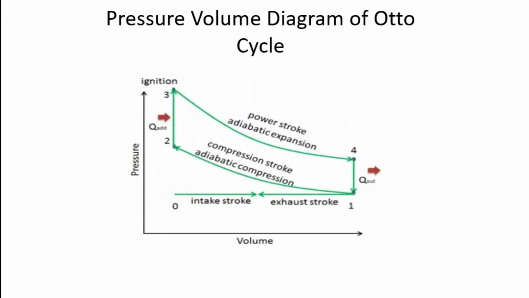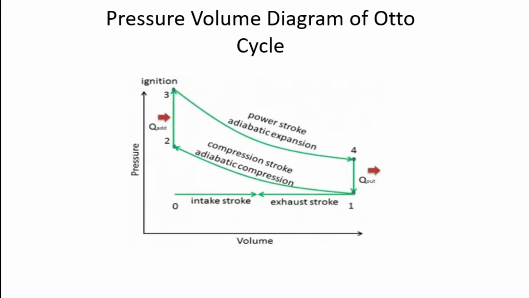Students, you can see here the pressure-volume diagram of the Otto cycle. The PV diagram of the ideal Otto cycle describes the change in pressure and volume of a working fluid, that is a gasoline and air fuel mixture, due to the combustion of hydrocarbon which powers the movement of a piston and then creates the heat to provide motion.